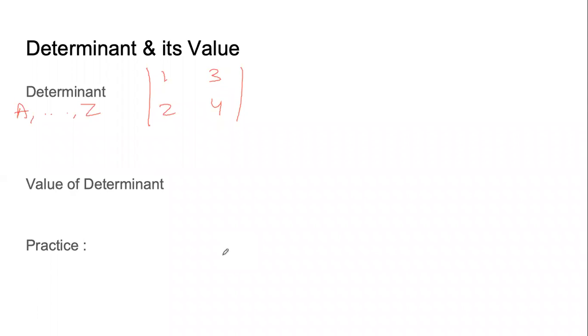Then I said it's an operator. Yes, it is an operator. And what it means is when we write 4 numbers like this, the value of this determinant, or the operation that is referred to by writing these 4 numbers like this, is, first we have to multiply 1 and 4.